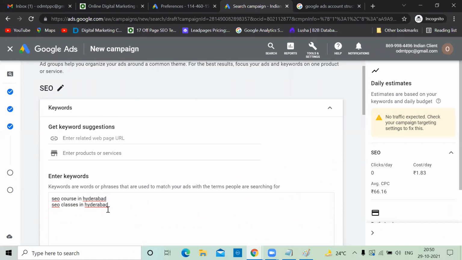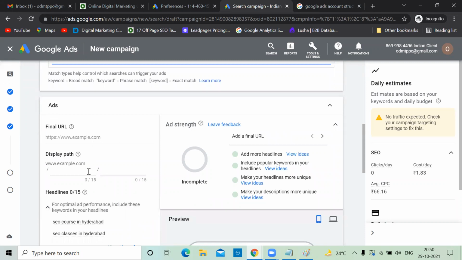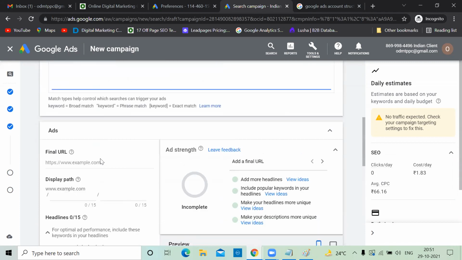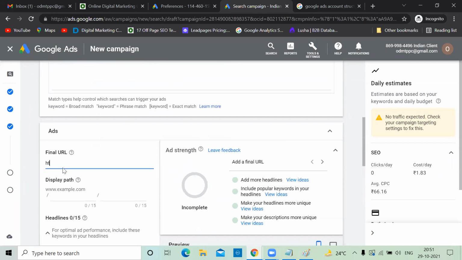And see ad group, keywords. To match that, what is your ad? So for the ad, I'm copying my URL here. Make sure that your website has HTTPS, because if HTTPS is not there, you face some problems. Sometimes people click on your ad, amount is deducted, but it will not redirect to your website. Google shows that as an untrustworthy website. So you're already spending money, spend some more money on HTTPS first, then only run the ads.